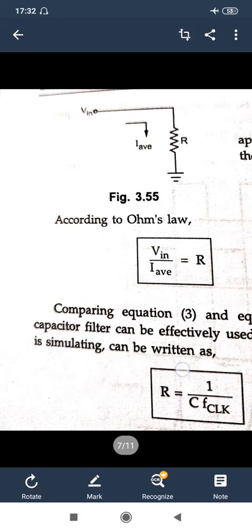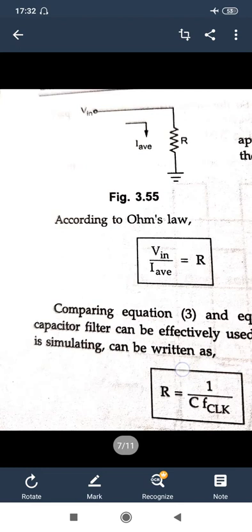It must be noted that if an AC signal is applied, then to simulate R it is necessary that the rate of change of Vn must be much lower than the F clock frequency. When C is constant, the value of R can be adjusted as per the requirement by controlling the external clock frequency F clock.